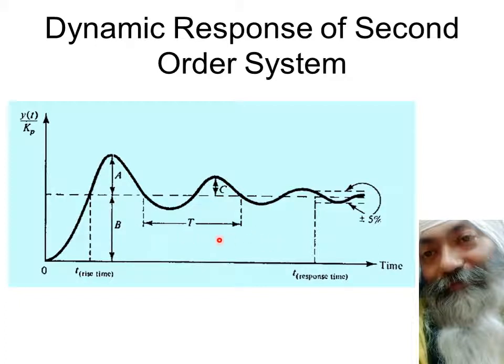And we will see what is this actual time period and what is the actual frequency of this oscillation. We will compute from this T over here. So let's keep all these things in mind. Next time when I say A upon B, you should know what I mean. If I say C upon A, you should know what I mean. If I say rise time, you should know what I mean from here. And when I say settling time or response time, you should know what I mean by here. It's coming within plus minus 5% time band. All these things should be clearly known to you in the subsequent slides.